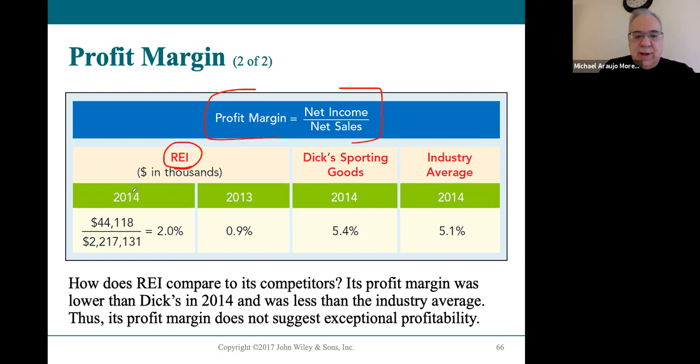Well, it's a little bit of a different story now for REI. When you look at their 2014 numbers from their income statement, remember they had a $44 million profit. That's their net income, divided over 2.2 billion in sales, which means that after everything is said and done, they're only keeping 2% of every dollar as their profit. That's the net profit. So that means for every dollar they're collecting in sales revenue from their customers, 98% of that dollar is costs. It's all expense that they have to cover, leaving them 2% of every dollar, 2 cents of every dollar as